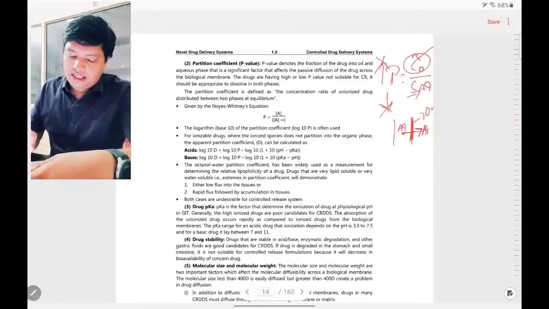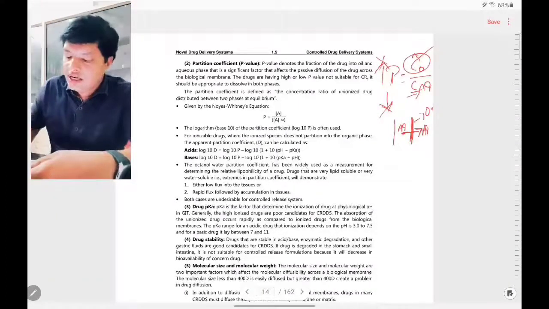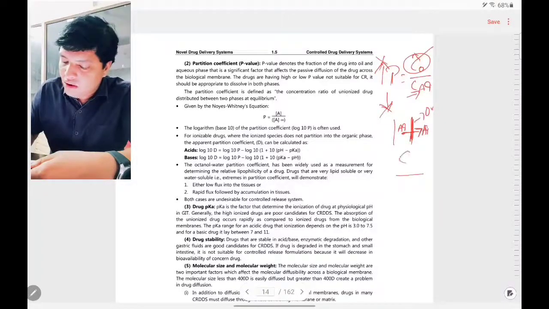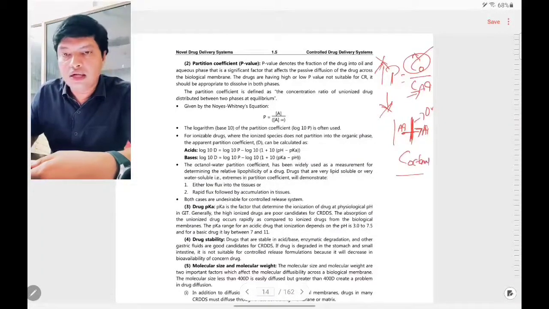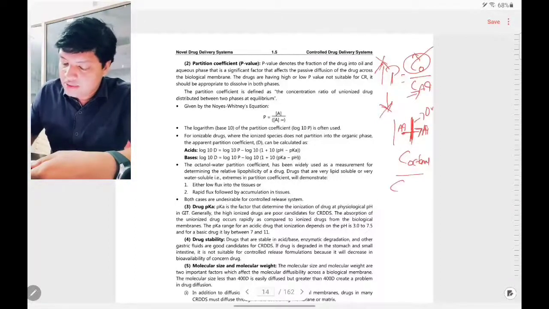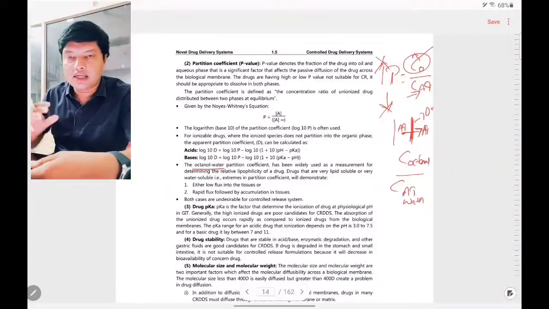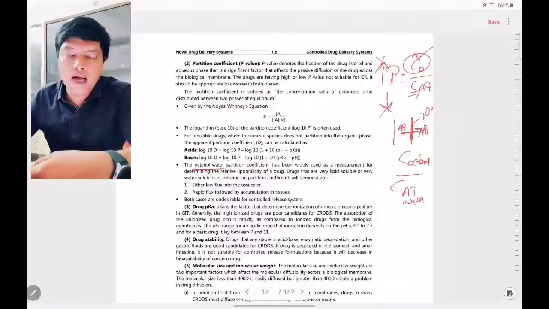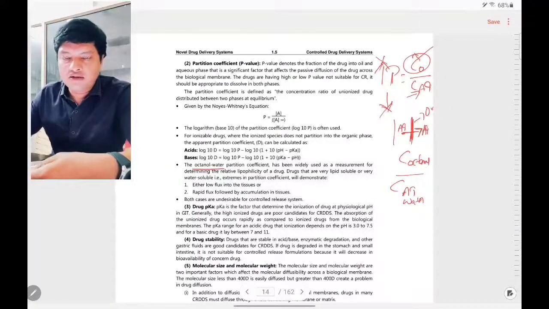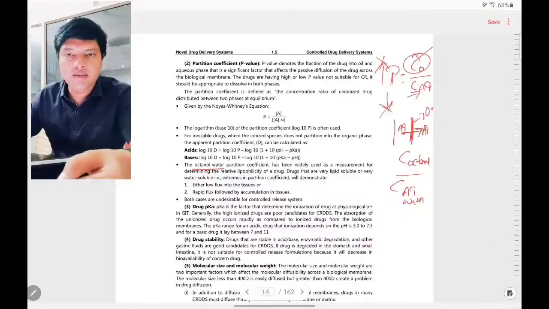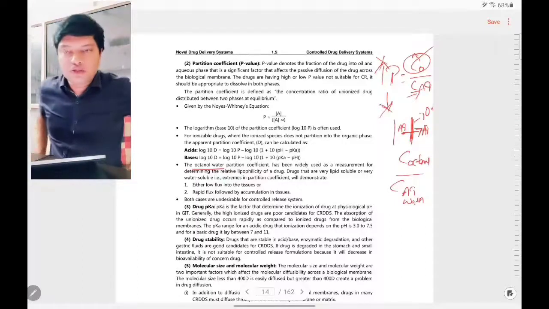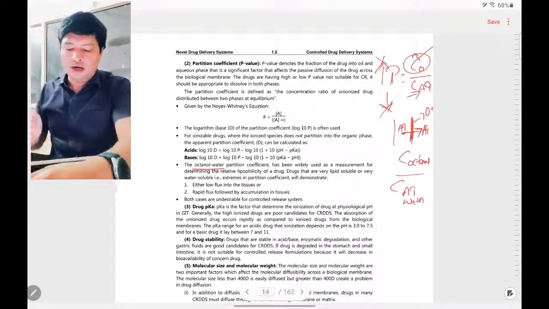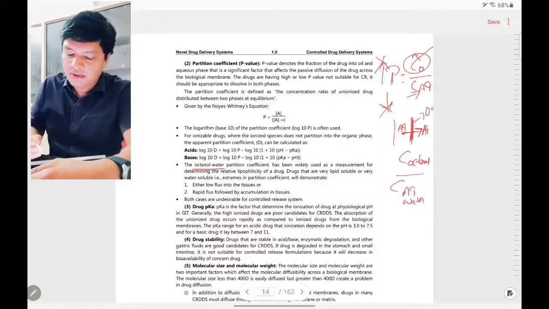Now, to measure the permeability, or the partition coefficient of the drug, generally we use octanol as the organic solvent, and water as the aqueous. With the octanol-water system, to know whether the drug is passing through the biological membrane, or its partition coefficient is good with the biological membrane or not, instead of taking the biological membrane and testing the partition coefficient, we can directly test with a substitute for the biological membrane, that is octanol. So the octanol-water partition coefficient has been widely used here.